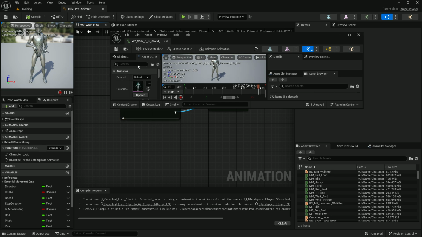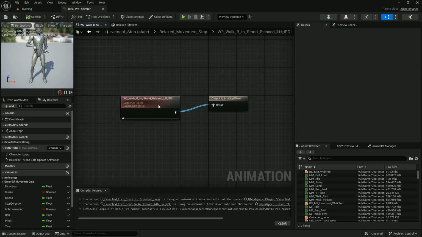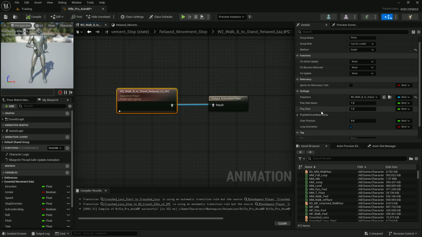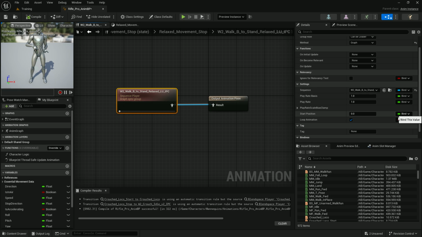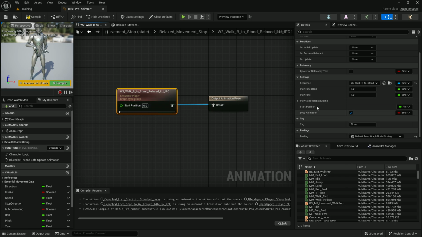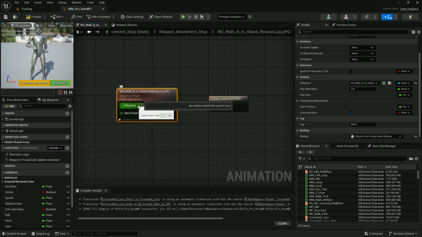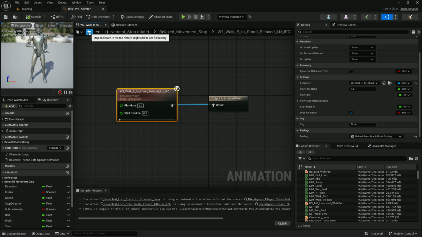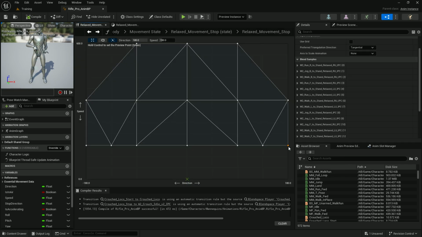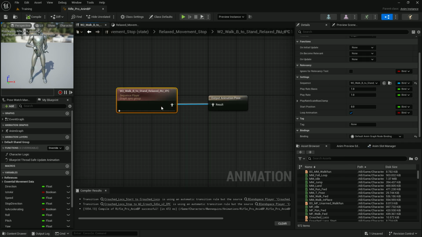But normally what you would do is tweak the start position and stuff like that, or the play rate. You would just keep tweaking the values until you get the nice smooth blend that you want it to be at. So all you would do is tweak the play rate